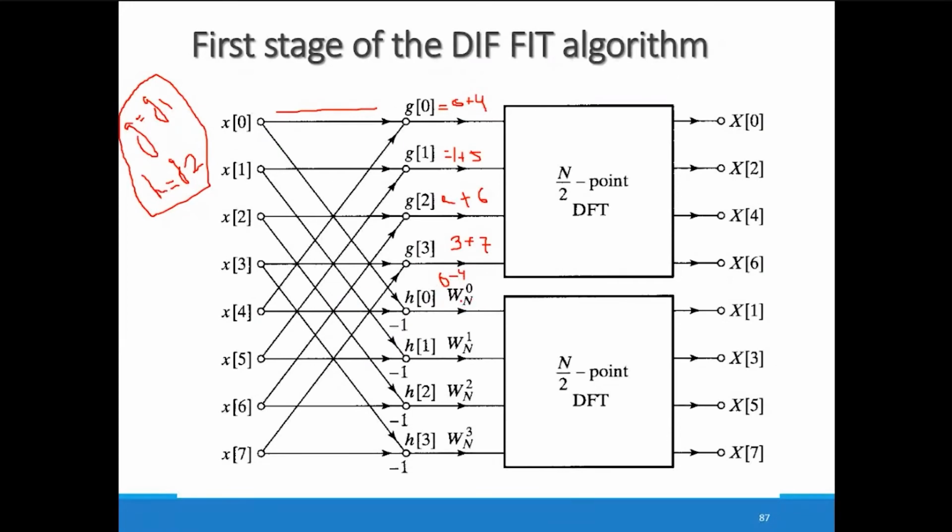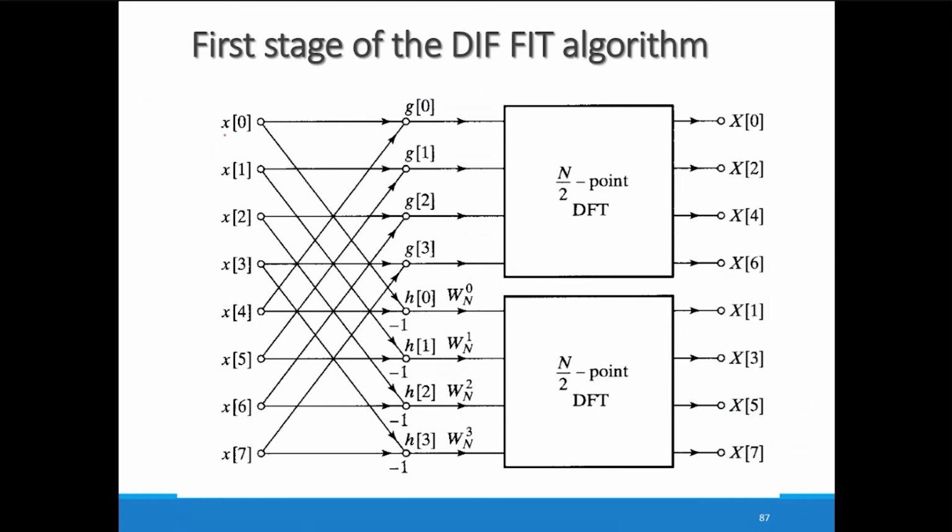Here this is a general diagram. In the previous case we are taking 8-point DFT, so here you can take omega at 0. Similarly, in the second case you are getting 1 minus 5 and multiplied with omega n raised to 1. Here 2 minus 6 and the last one is 3 minus 7. So here you are getting x0 minus x4, x1 minus x5, x2 minus x6 and x3 minus x7. This is how we are getting the G1 0 to G1 3 terms, and here you are getting the G2 0 to G2 3 terms.